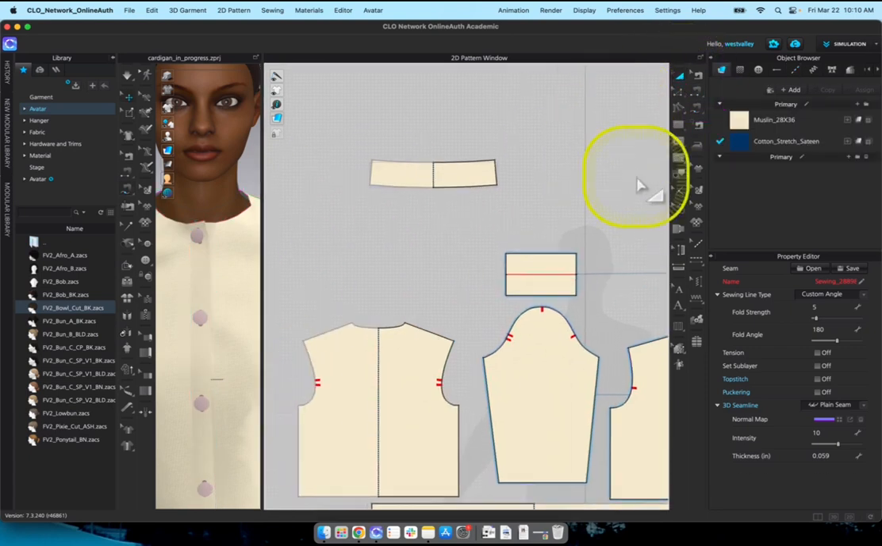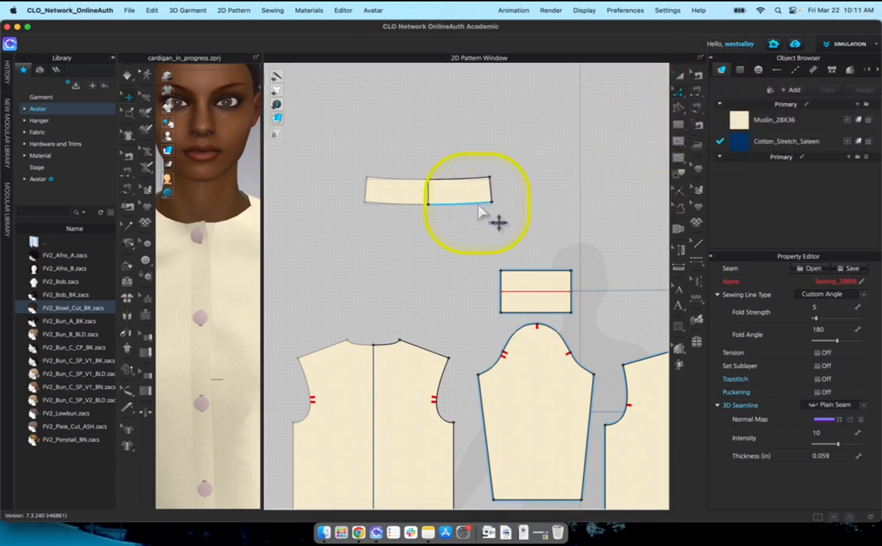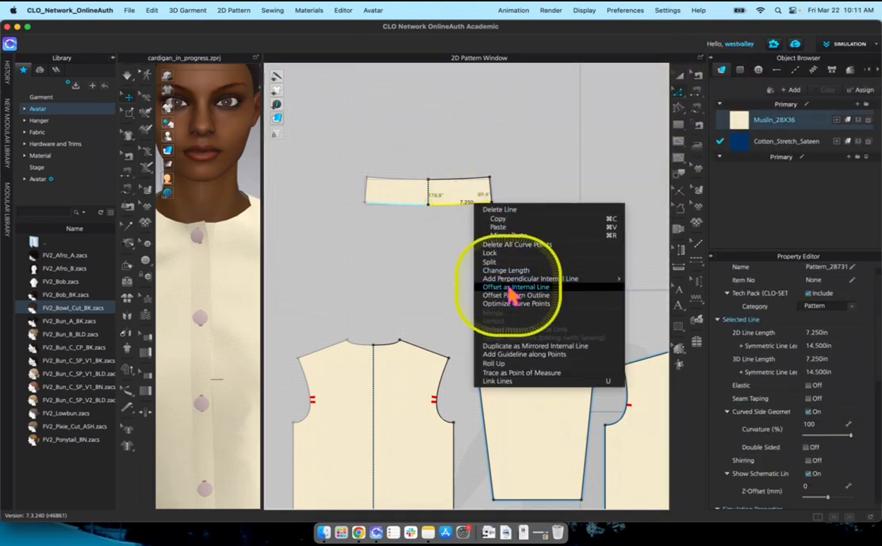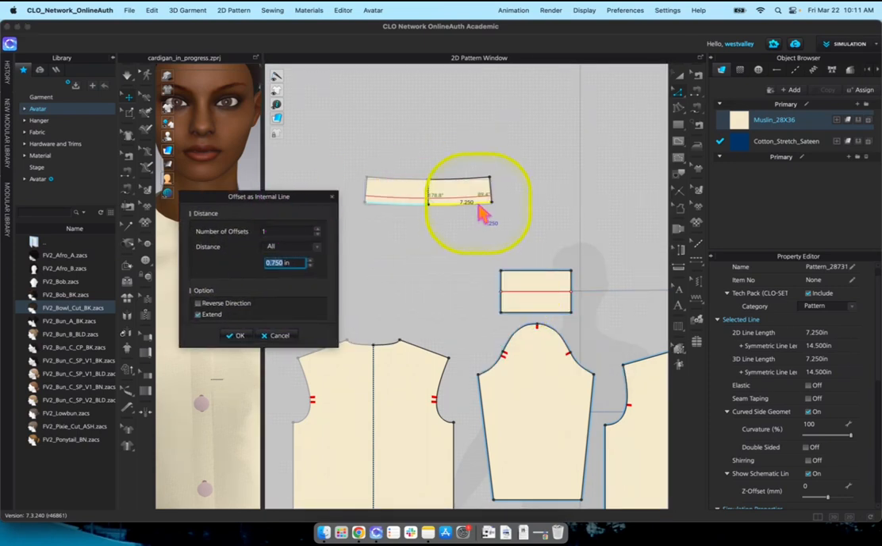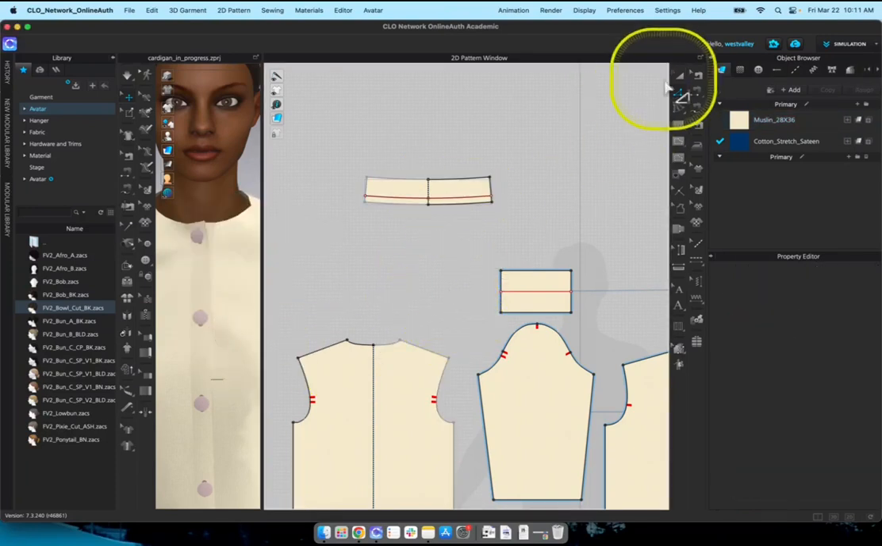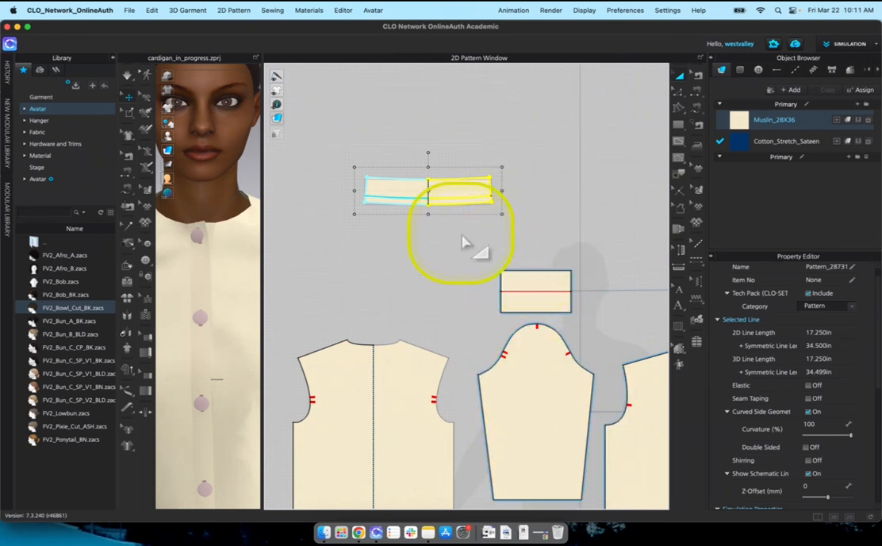Okay. Before I place this on my avatar, I do want an offset line to serve as a fold line. I'm going to offset an internal line at 3/4 of an inch here. And it's going to preview that line in red. Okay. And then the last thing I'm going to do before I simulate, I'm going to strengthen this. And I can do that either in the 2D or 3D window. So when I go over to my 3D window,